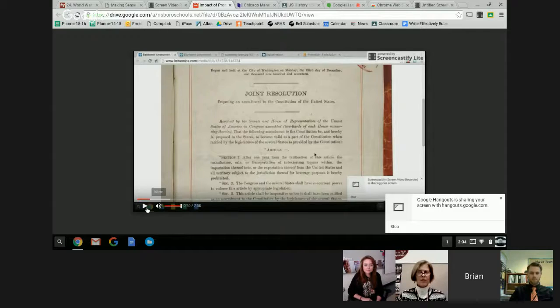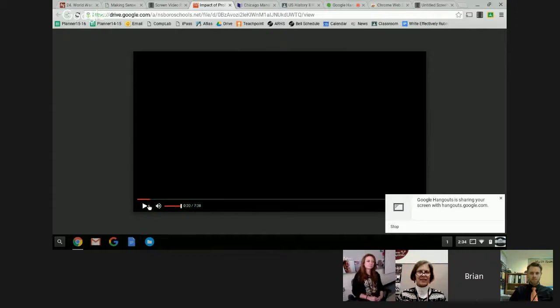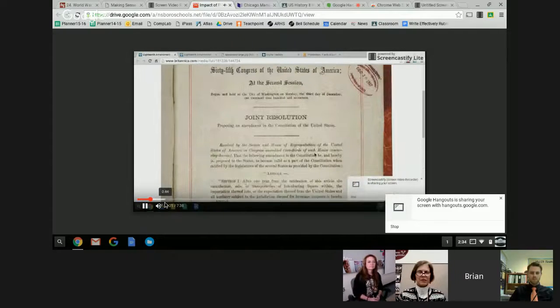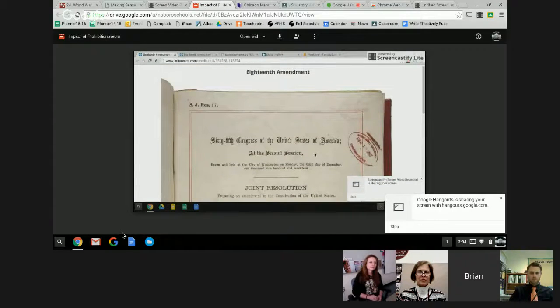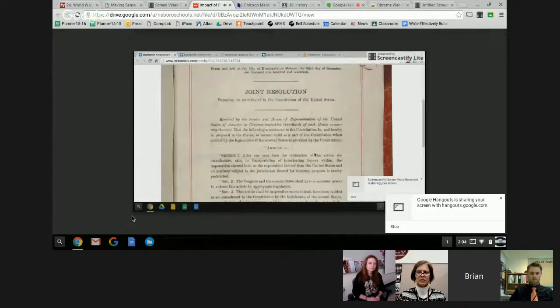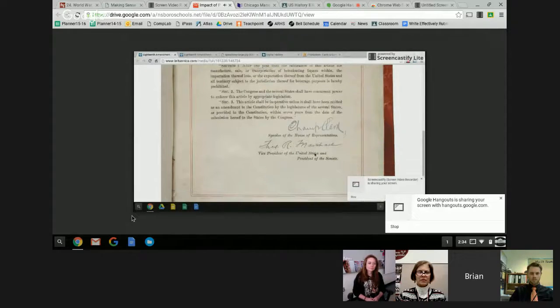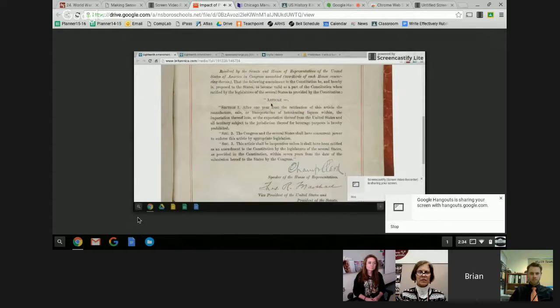I think I had the tab open for about 2 hours, and I think it just got lost in the memory there. But I went and looked up a picture of the 18th Amendment, which was the original thing that started Prohibition. And I go and I read the actual article. Section 1. After 1 year from the ratification of this article, the manufacture, sale, or transportation of intoxicating liquors within